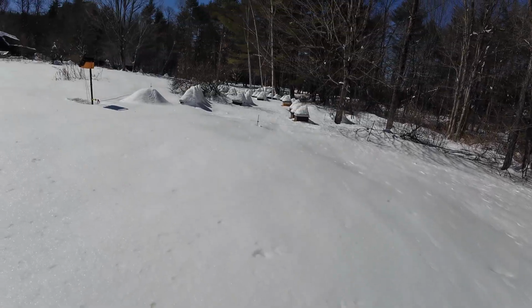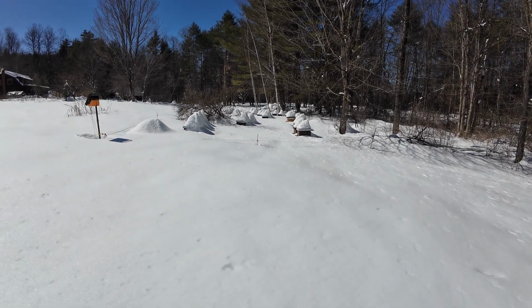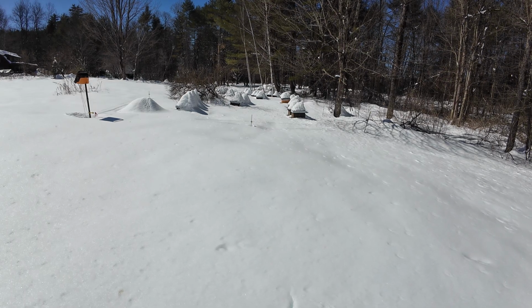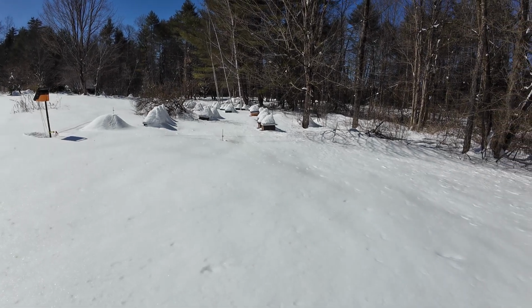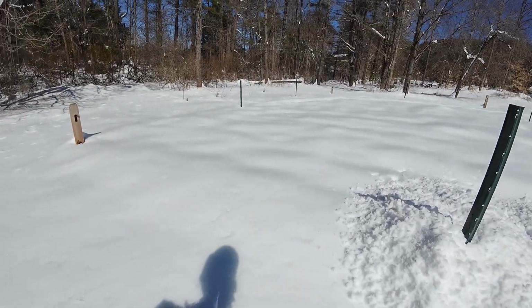But there's my bee yard, double deeps buried in the snow. Lots of colonies have survived this winter. Lots of them are brooding up already, so they'll be well insulated for the next bout of nice weather that we can get in there and unpack them. I was actually hoping to do just that this week, if the weather was nice, to unpack some nuke yards so I can start to take care of the ones that might need a little bit of feeding early on. But with this much snow on the ground,